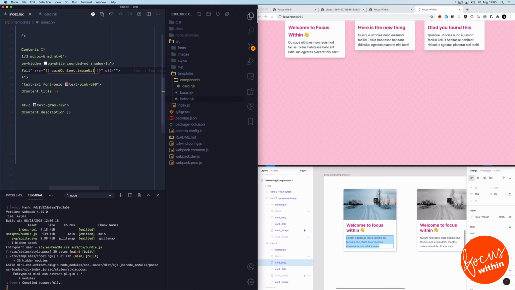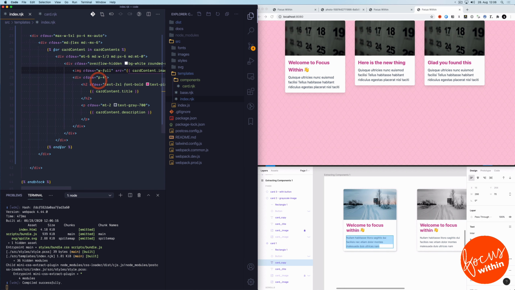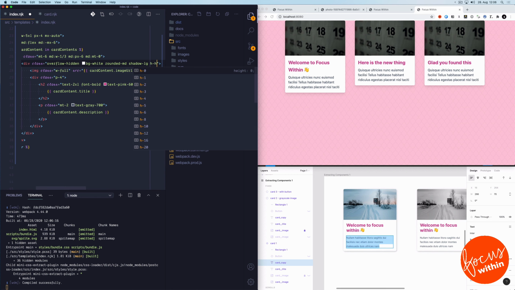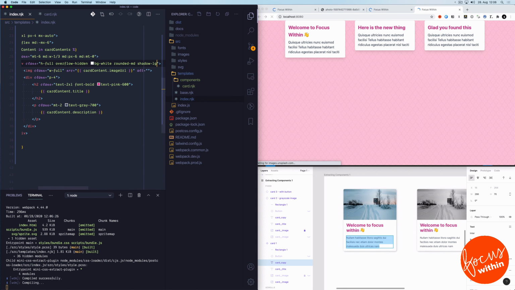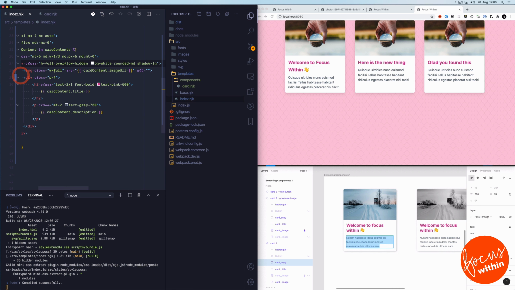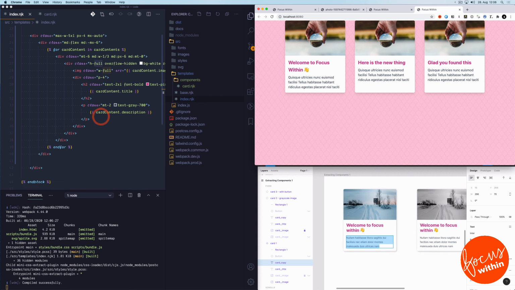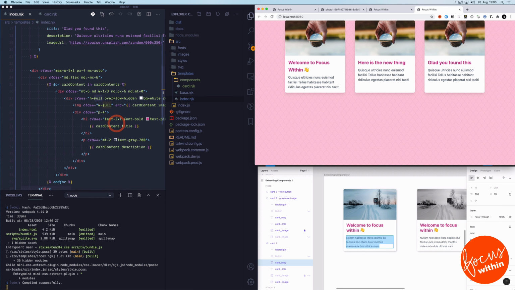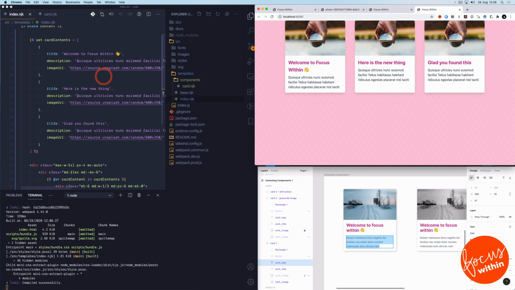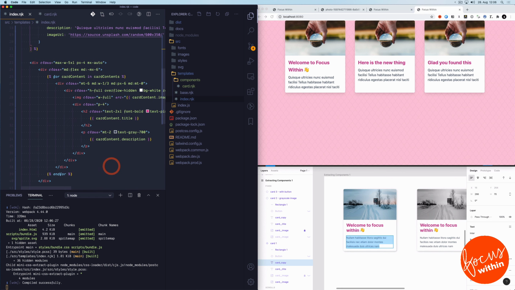And now we can see I forgot a little thing on my card component. I want them to be equal height. So let's add an h-full for height 100% to it, and it will expand to the entire height of the flex row. Now, as you can see, we don't have any more repetition. For every new item we add to our array of content, it's going to use the same markup